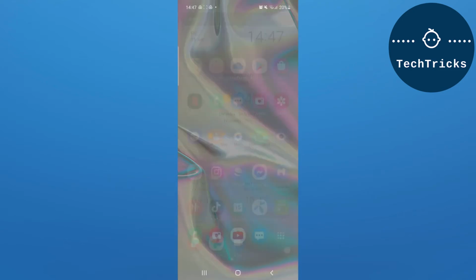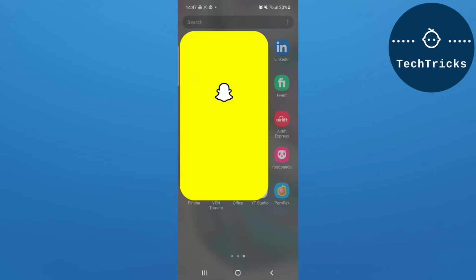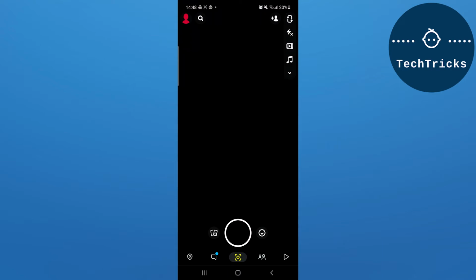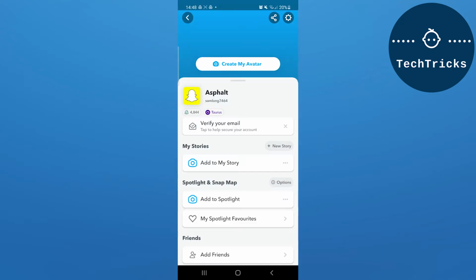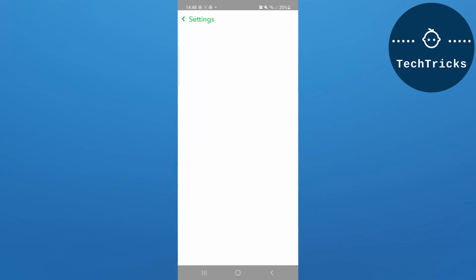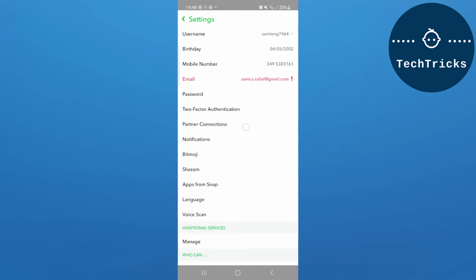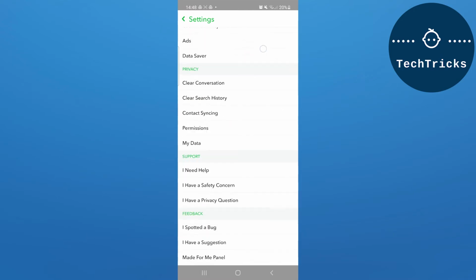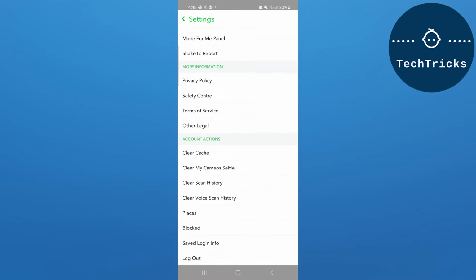First of all, open Snapchat on your mobile. As you open Snapchat on your mobile, then go to the settings option that is up above. As you click on that, then click on the wheel option that is located on the right side. Click on that and then scroll down in the option. As you scroll down, keep on scrolling down